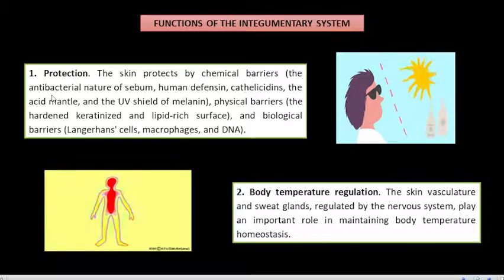Another one that in the skin can act as barrier are the physical barriers. So, example natin dito, the hardened keratinized and lipid-rich surface. So, keratinized meaning for structure, making our skin strong, no? And biological barriers such as your Langerhans cells, macrophages, and DNA. Yung Langerhans cells natin, this is actually dendritic cells from the epidermis. When you say dendritic, they are against